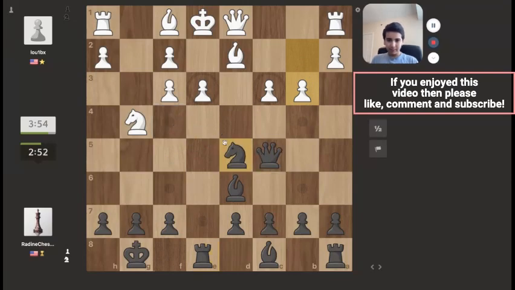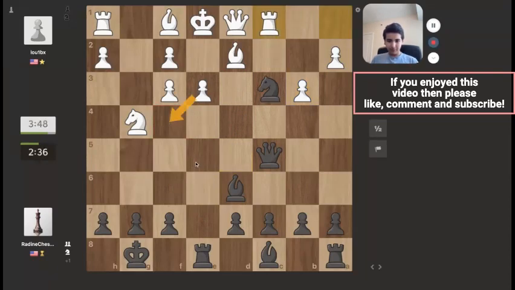Now, there's a question here. Do I take this pawn? Do I go knight f4? I could go knight f4 just because he cannot take, but there's no big threat. Always remember this, that when you're... Let me just play this so my time doesn't run out. That when you like a move...